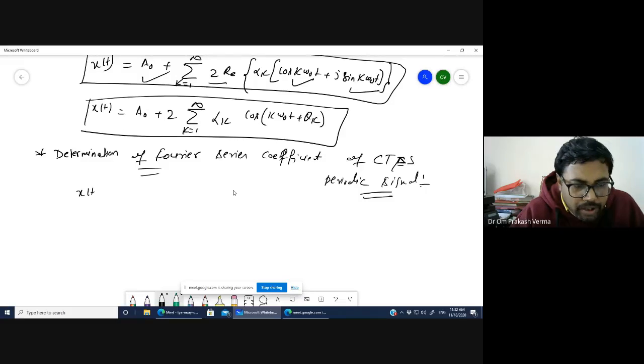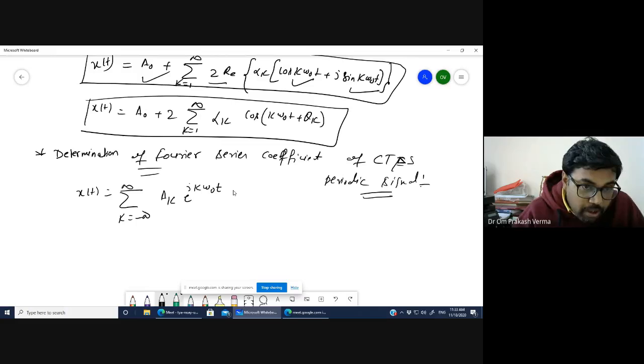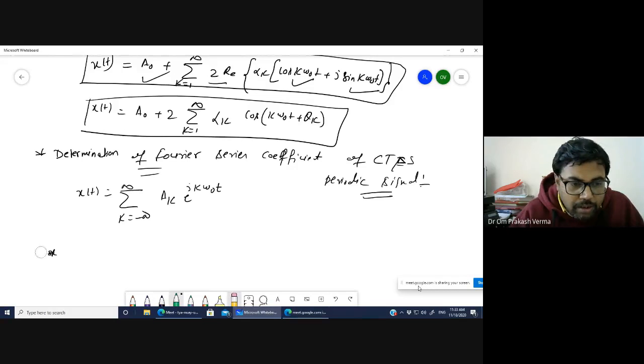x(t) is nothing but the summation over k equals minus infinity to infinity of a_k e^(j k omega_0 t). This is the expression for the Fourier series. Now, in order to find the coefficients,